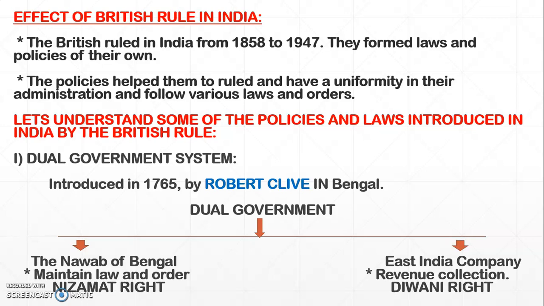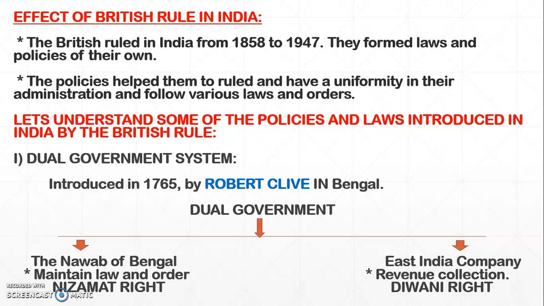When Lord Dalhousie was appointed as the officer, he came to Maharashtra and annexed the state of Satara under the adoption policy, that is rejecting the adoption policy,